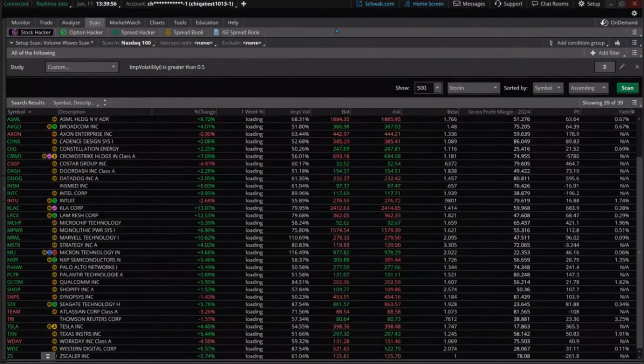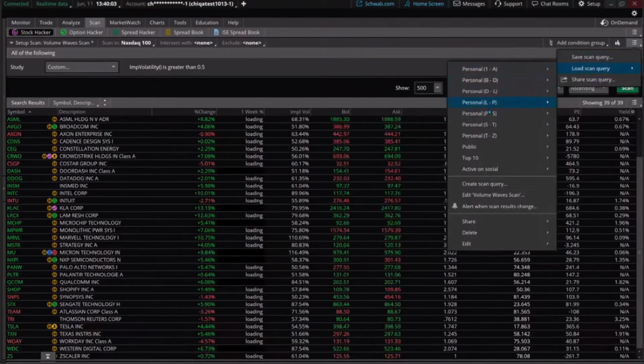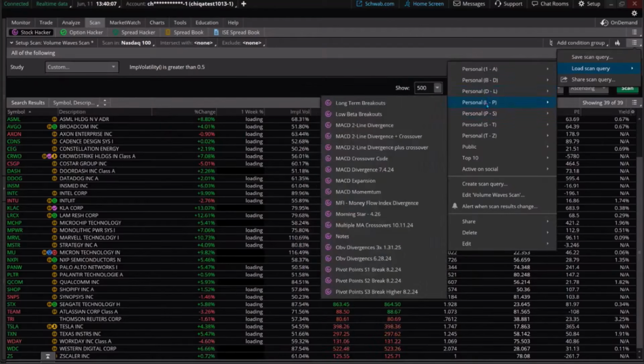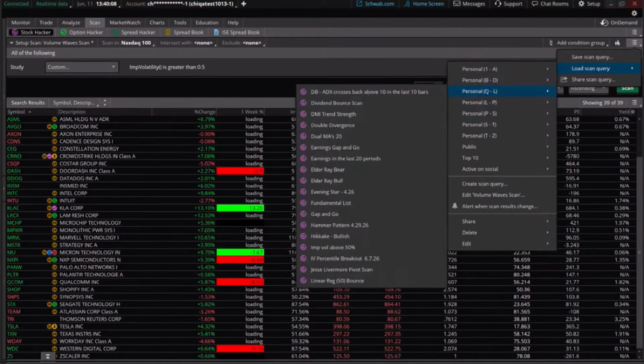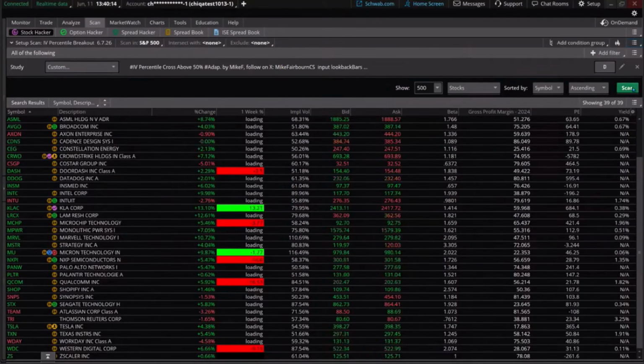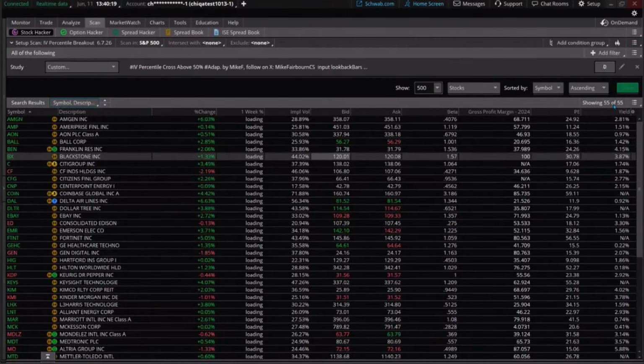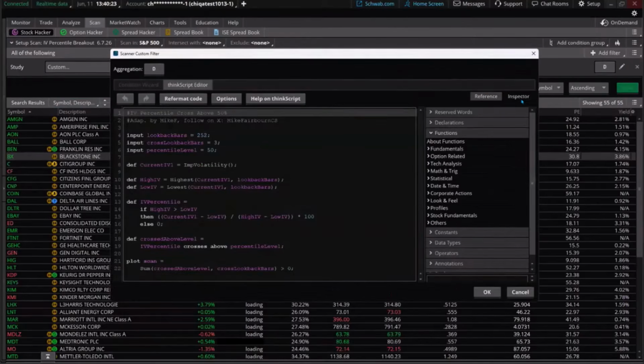Now, into the scan tab, let's do it. Let's pull it up right now. So let's see, load the scan, and that is going to be in the IV. I've named it IV percentile breakout. And this is it. All right, so if I scan through this, let's run this guy in the S&P 500. 55 companies come up. Let's go ahead and take a look at the scan. And in fact, I'll share it right now just so we have it here and ready to go. But look at this with me.